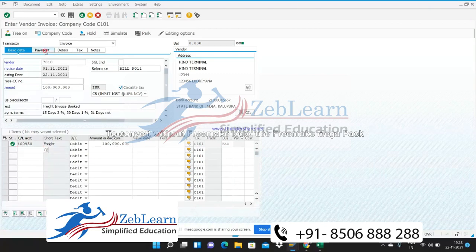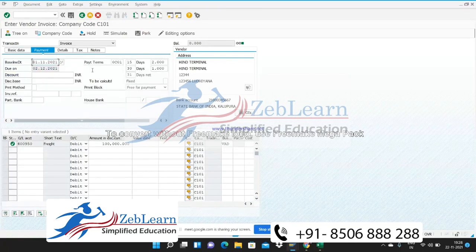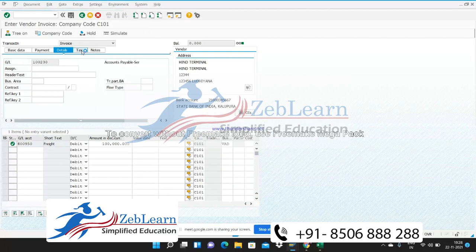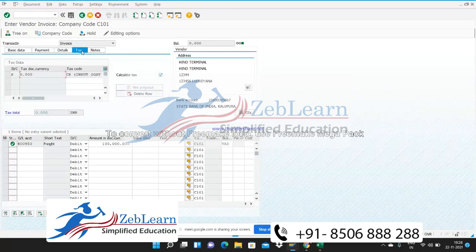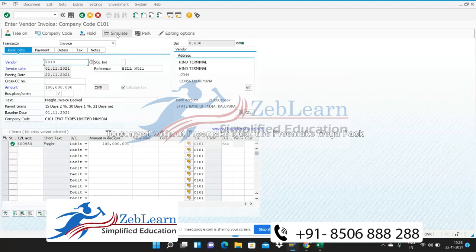Okay. This is the payment terms which is attached to this vendor. Details. Tax. Tax amount is 0. Okay. And why it is calculating 0, that we are going to see while simulating the data. Simulate it.